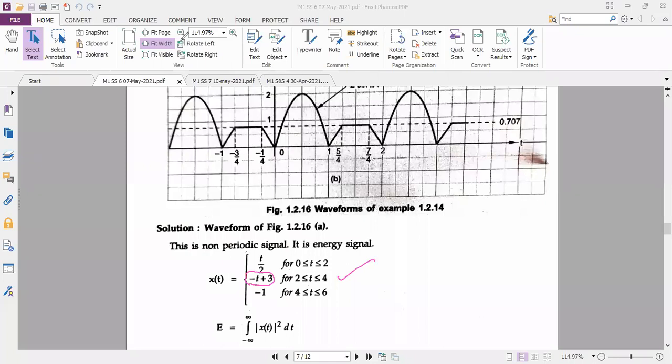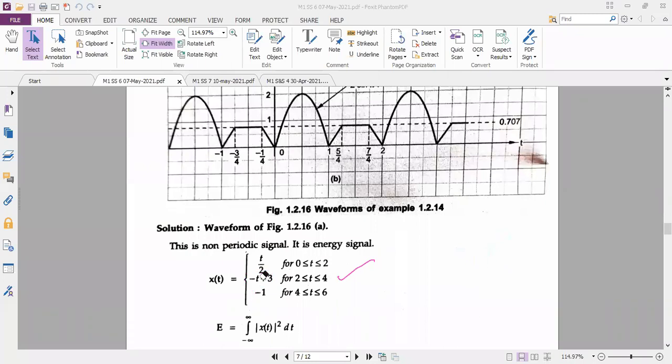And for the last interval, it is very easy. It is minus 1 throughout. There is no need to use t because it is not a slope. So for the last interval, 4 to 6, your diagram is the standard one. There is no slope, so the amplitude is minus 1, and I can write directly the amplitude as minus 1. So now you got everything.